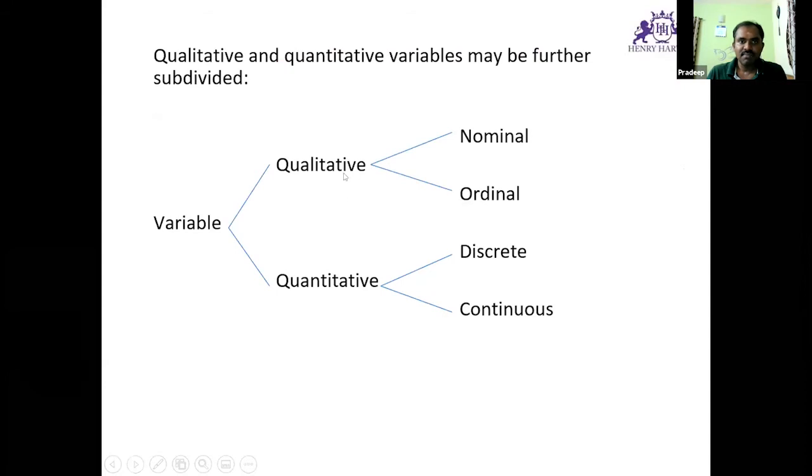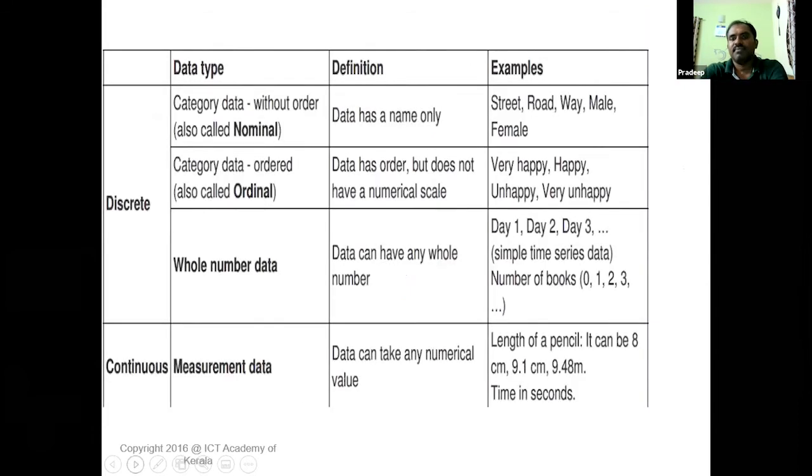Now there is something called qualitative and quantitative, and in that again we can have nominal and ordinal, and there's something called discrete and continuous. So what do you mean by discrete data? Discrete is an absolute number, absolute value. Yeah, correct. And continuous is something that can be broken down into the smallest unit. So in continuous, there can be a decimal. For example, you can say it is day 1, day 2, happy, very happy. The continuous is that there will be a decimal.